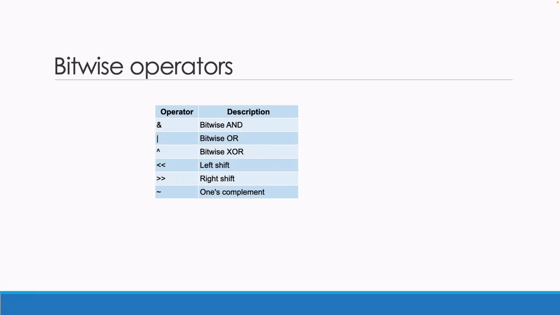Today, I'm going to give you a quick introduction to bitwise operators. Bitwise operators are very useful in embedded development because they allow us to operate on the variable values at a bitwise level. We can change the variable bit by bit, and this is very useful in embedded devices because sometimes